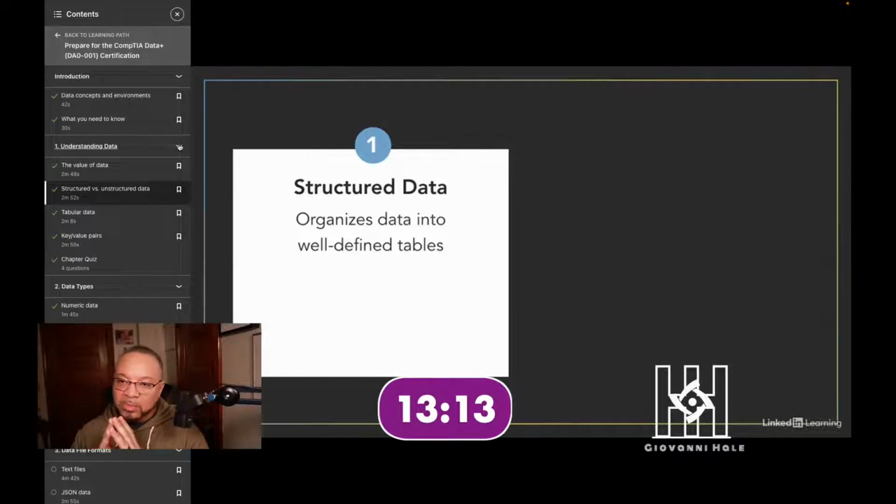Now, we not only find this structured approach to data in spreadsheets, but we also find it in relational databases. These relational databases allow us to create many different tables of data, each containing information about a single type of person, object, or event. Database designers then create relationships between those different tables that describe how the data interacts.